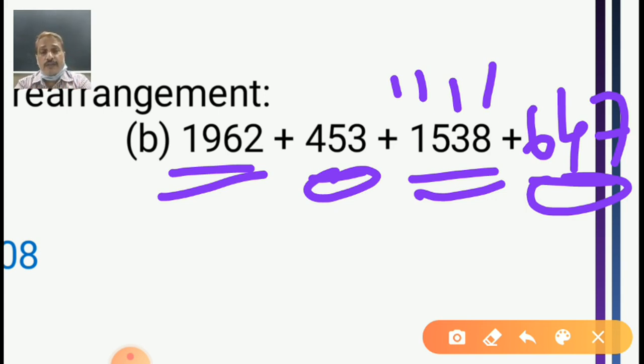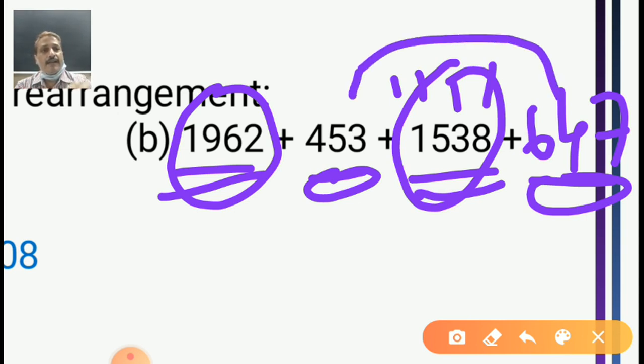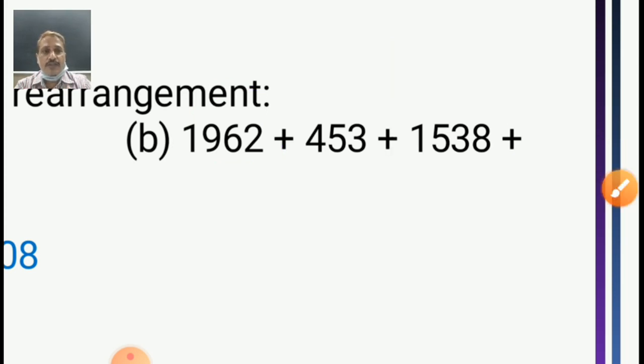Just now we discussed in question number 1a, make a pair of 10. Did you find any common thing here? Yes, very good. This number has 2 in the ones place and this number has 8 in the ones place. Can you make it together? Yes. Oh, the second number also has the same thing. Yes, here is the 3 and here is the 7. Will you make this together? Let's check the answer for this one step.